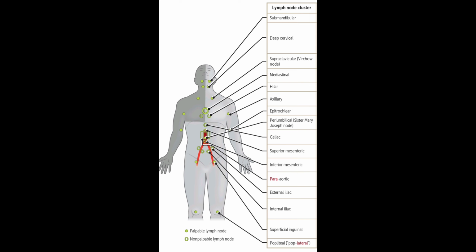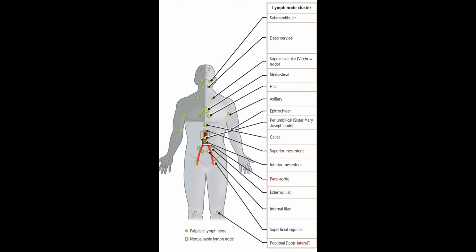Those are submandibular, deep cervical, supraclavicular, mediastinal, hilar, axillary, epitrochlear, periumbilical lymph node, celiac, superior mesenteric, inferior mesenteric, para-aortic, external iliac, internal iliac, superficial inguinal, and popliteal. So these are the lymph node clusters that are found in our body, and I want to emphasize